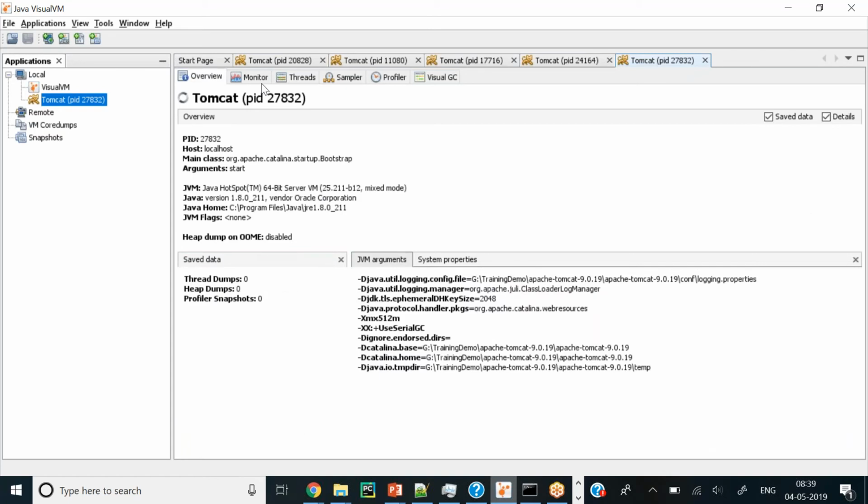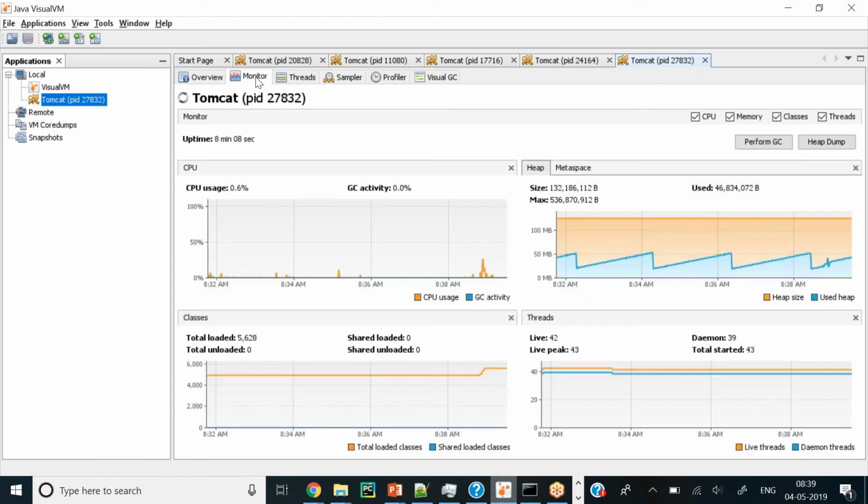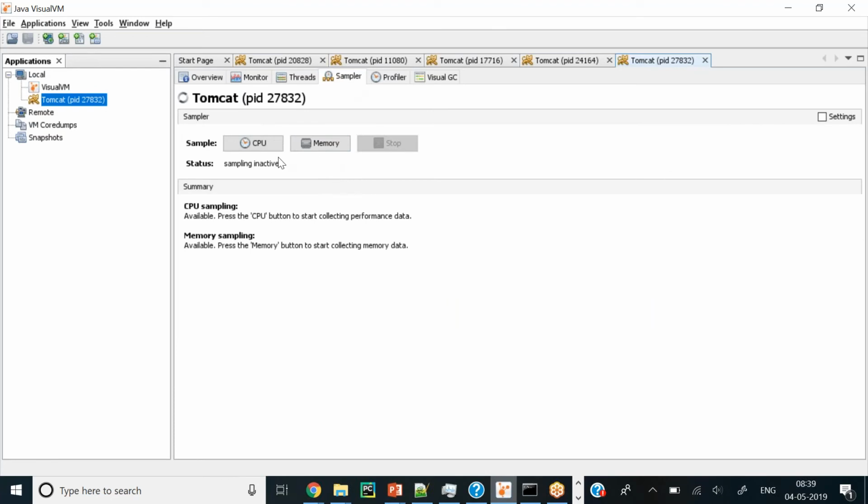In this section you will also see the threads option, live threads 43, peak 43, total started 43. You get everything about the threads here, and when you click on sampler, you should also see the threads.